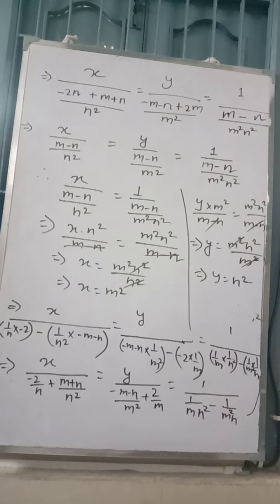The last one, there was a little mistake. Instead of writing m square mn square, I have written m square n. Just kindly correct it, the last one, because the value of a1 a2 we have got 1 by m square, and b1 b2 it is 1 by n square. So cross multiplication will give you 1 by m into 1 by n square minus 1 by m square into 1 by n. This is the final one.